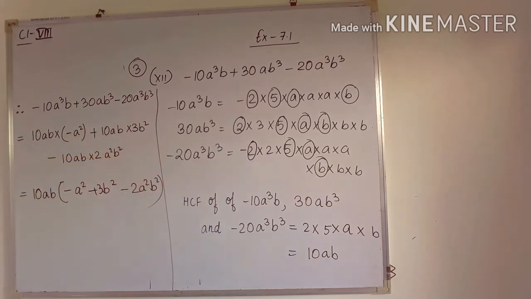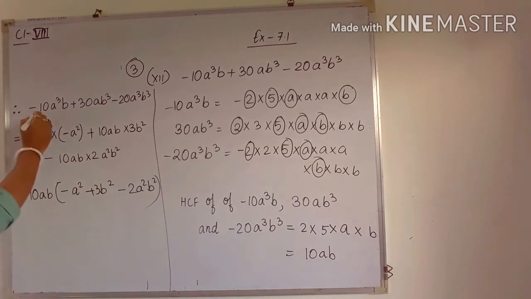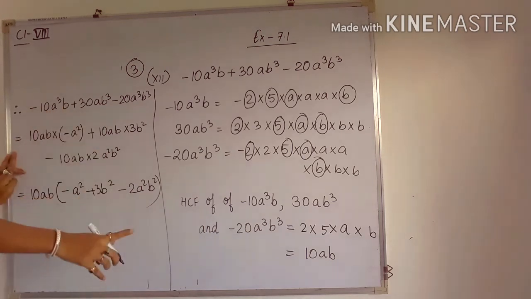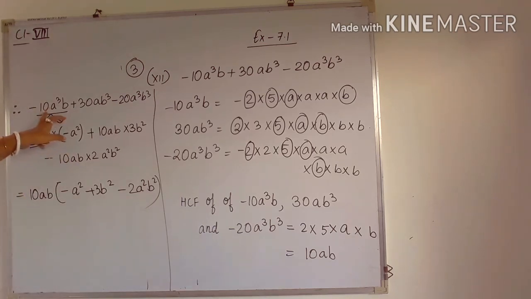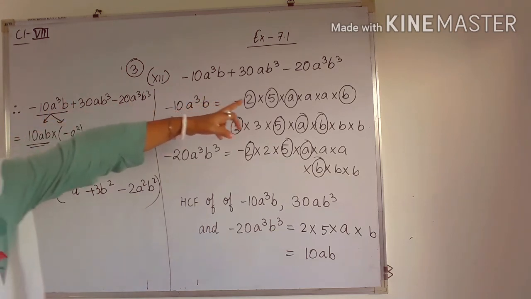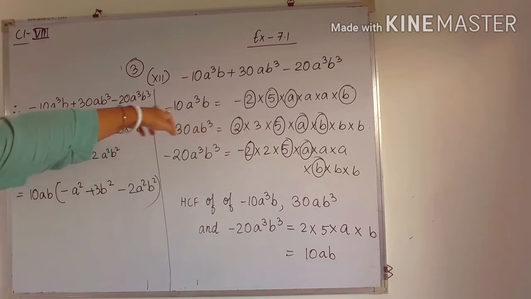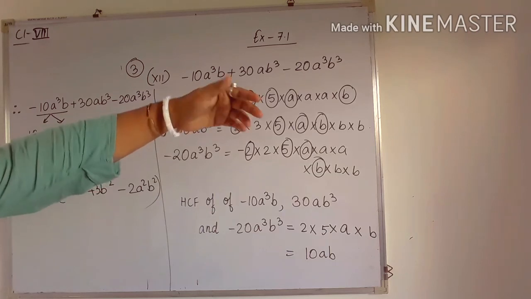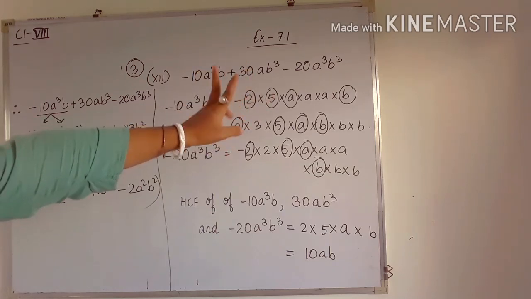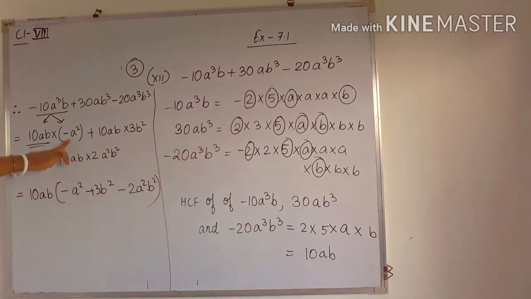Okay. So now we will write our expression. Our expression was this one. Here you have to factorize it. How to factorize it? You know the HCF is 10ab. So first of all, you have to break into 2 parts. The first one will be 10ab, and what will be the remaining term? You can just see the factorization of minus 10a cube b. Just see what the remaining factors are. Exclude 2, exclude 5, exclude a and exclude b. So what are the remaining terms? Yes, only 2 a's. So a into a will be a square.